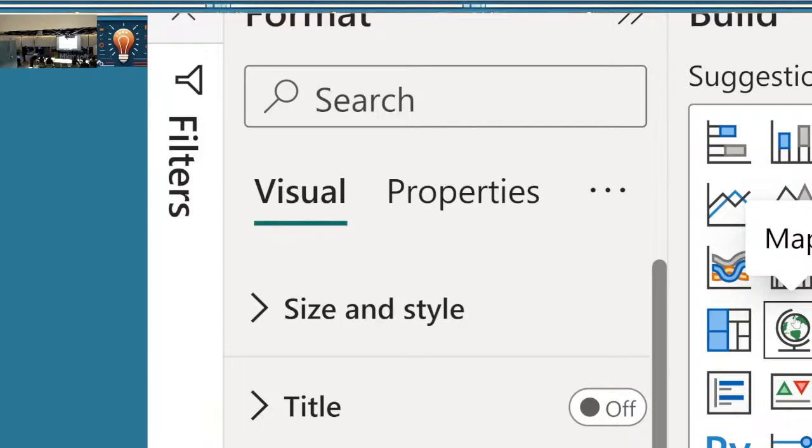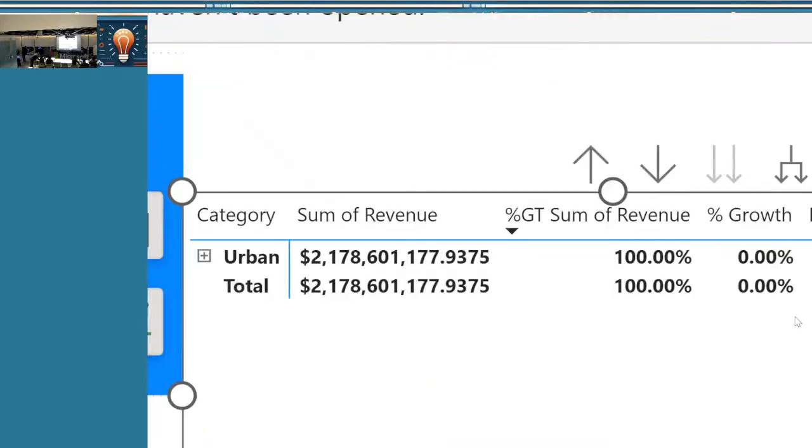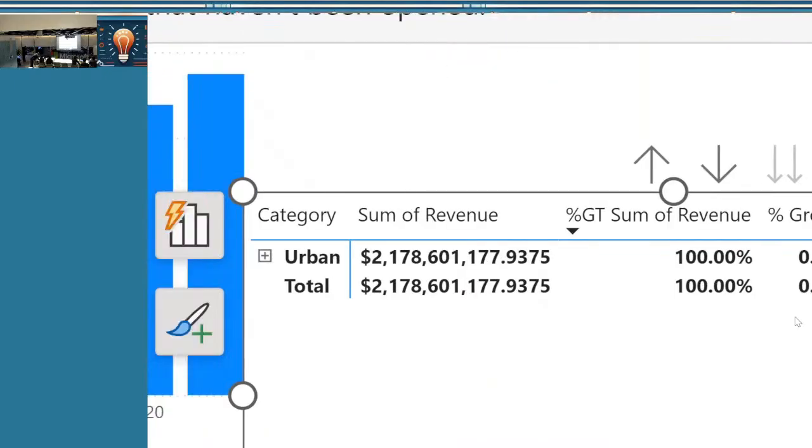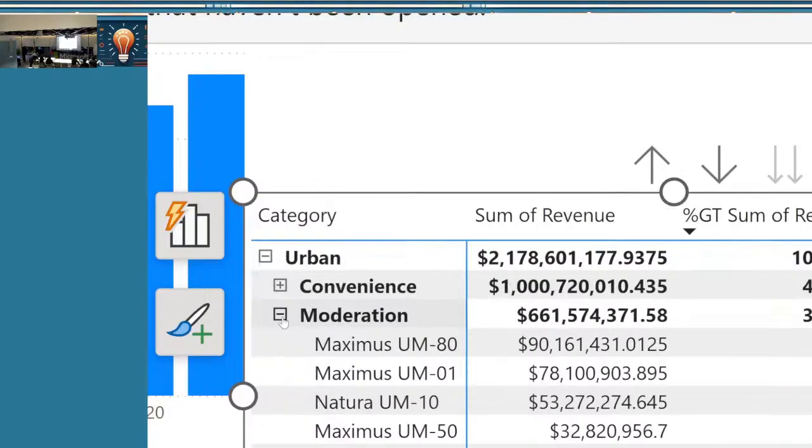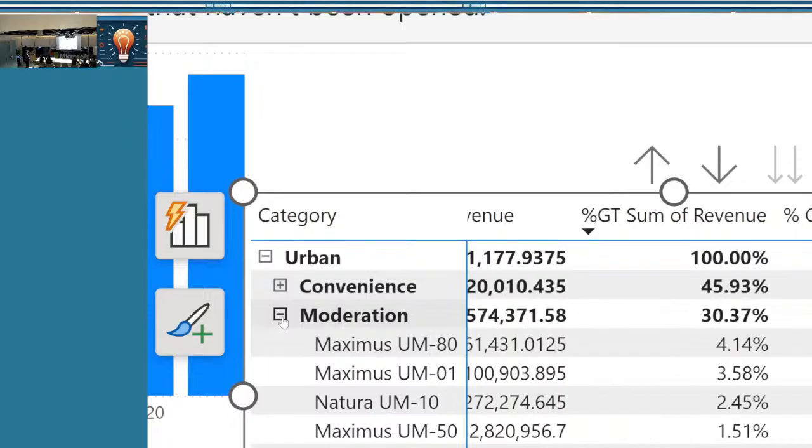A lot of the time, remember we talked about hierarchies last time, let's say you have the whole company, then each department, and then teams inside the department. You want your table first to have the high-level view, and when you drill down you see the next level, and then the next level. You can do this with a matrix visual. This is essentially what you should have done in the previous lab. Does that answer your question?